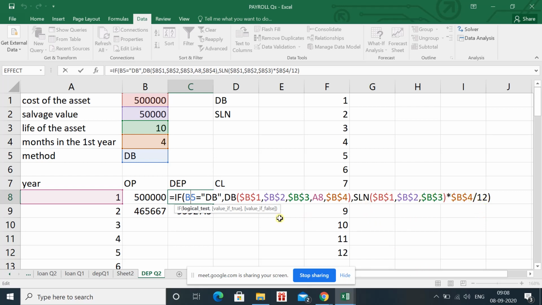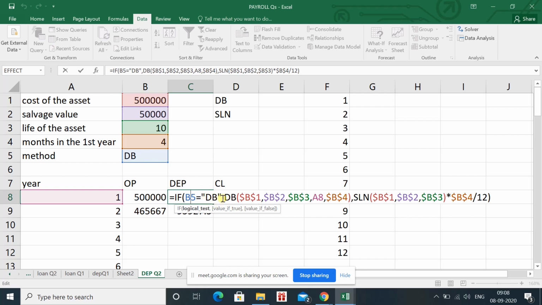And what will be the formula? We have also discussed this formula in question number 1. So I'm repeating: is equal to, IF, bracket open, B5, what is B5? This is the B5. Okay, so B5 is equal to DB. You will use the inverted commas to show the DB. Whenever you write text, you write it in inverted commas.